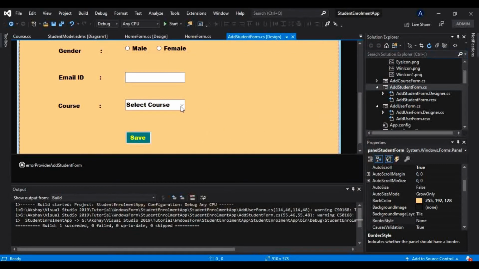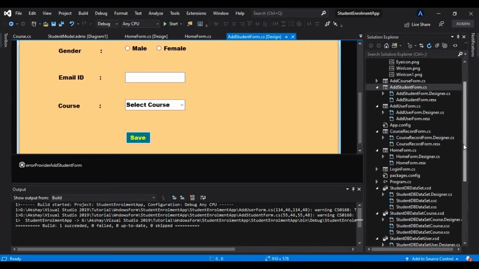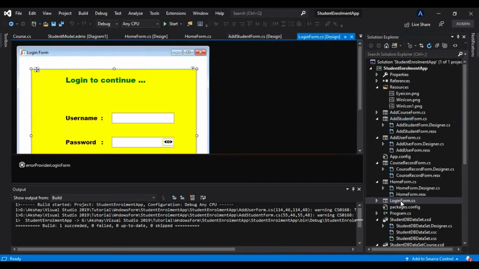And after that we will see how we can fetch that record from the database, and we will show that course name here in the drop down instead of adding that manually. That also we will see, but first let's just create some authorities for these user roles. Okay, so from where we can do that, let me go to that login form.